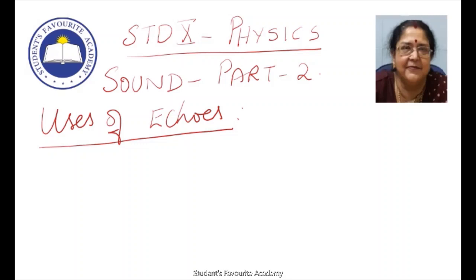Now the audible sound waves, that is with frequencies from 20 hertz to 20 kilohertz, do not possess these properties. However, the ultrasonic waves in a medium have the same speed as the speed of audible sound in the medium. So there is no difference in speed in the medium, but the other properties, like they can travel undeviated through a long distance, they can be confined in a narrow beam, they are not easily absorbed in any medium, are not possessed by normal audible sound waves. Okay. So now the first use is